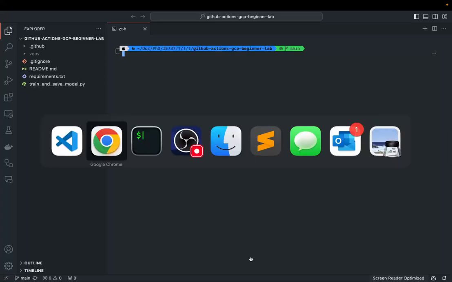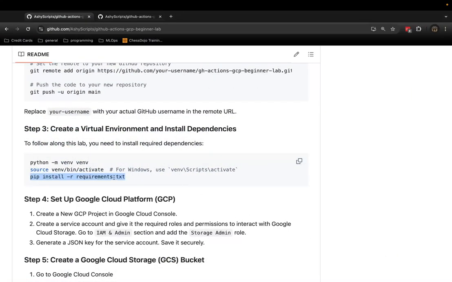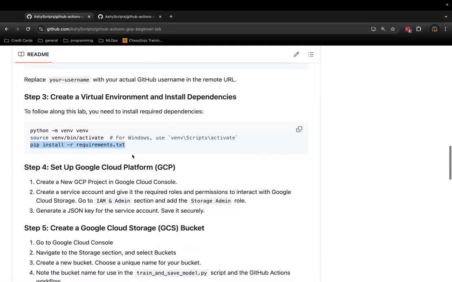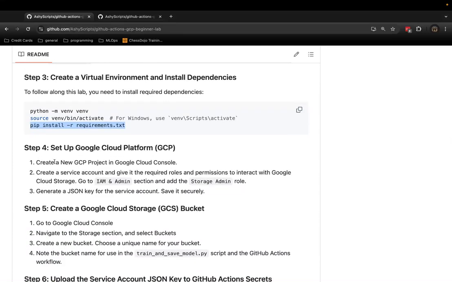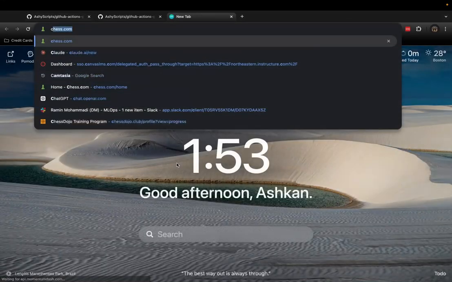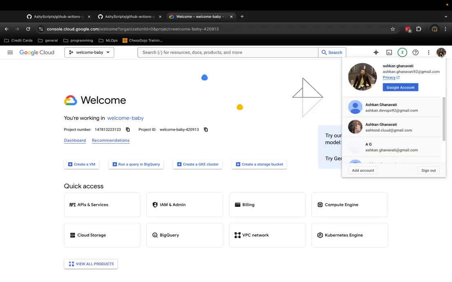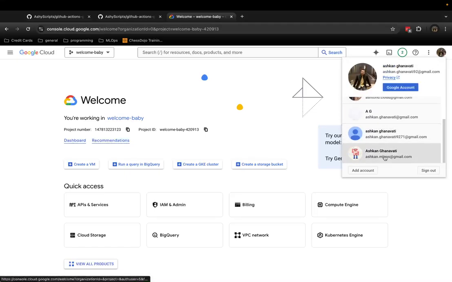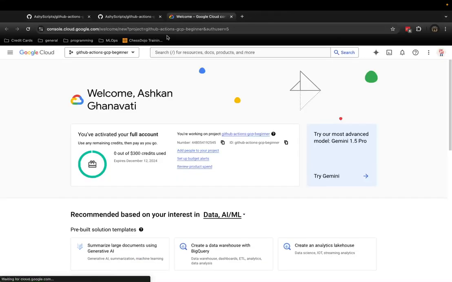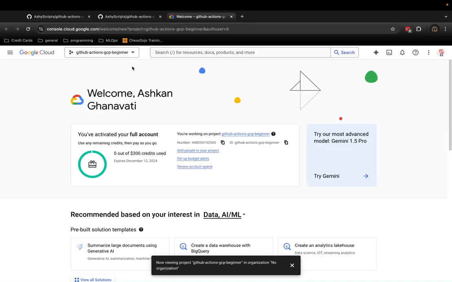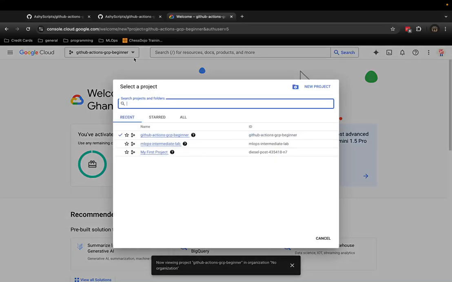Now what we need to do, we go through the next step, and the next step is to set up a Google Cloud Platform. So we need first to create a project, a new project in the Google Cloud Console. So I'm going to go to the Google Cloud Console. This is the console, and we go to this account. So I'm not going to use that account, and what I'm going to do, we go here and we click